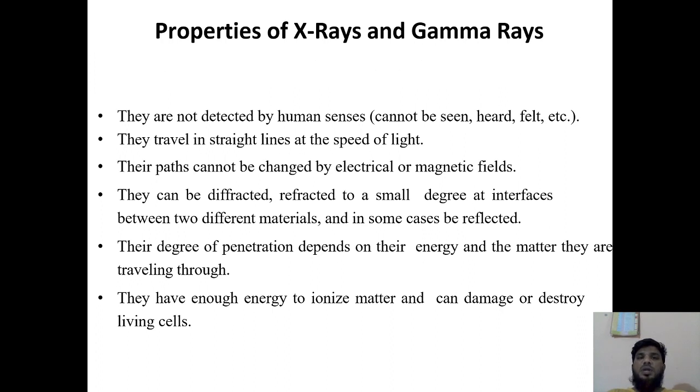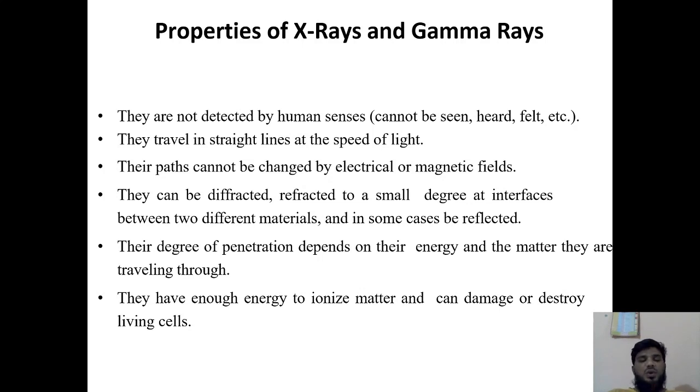So what are the properties of X-rays and gamma rays? They are not detected by human senses. They cannot be seen, heard, or felt by humans. They always travel in a straight line at the speed of light. Their path cannot be changed by electric field or magnetic field, because they don't possess any charge or mass. They can be diffracted and refracted to a small degree